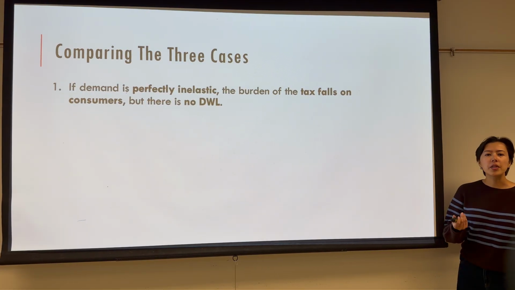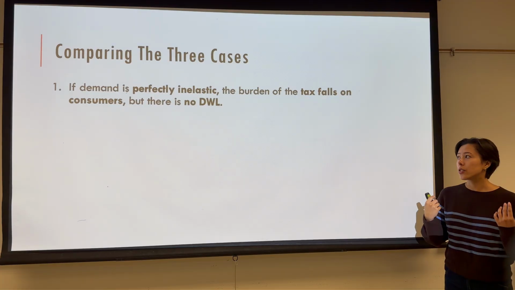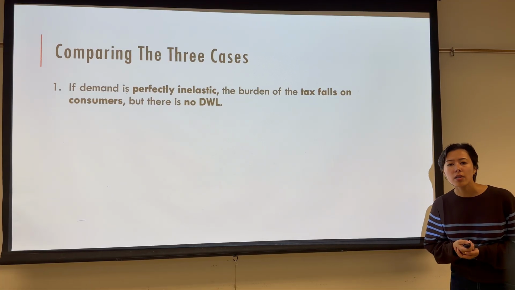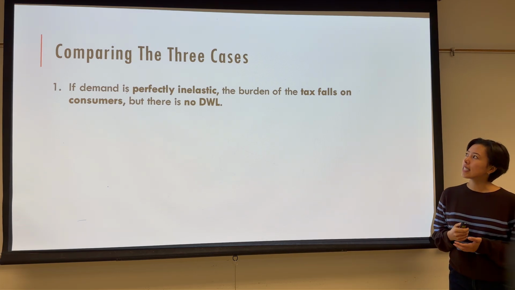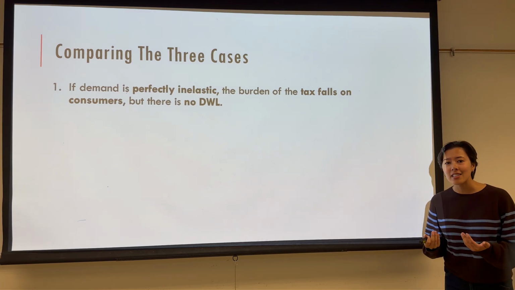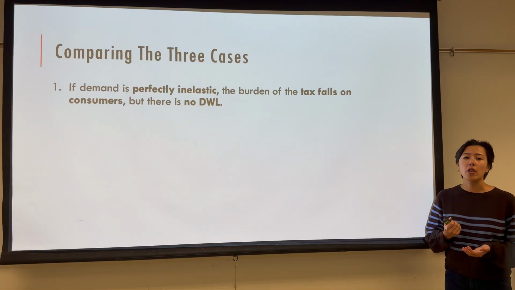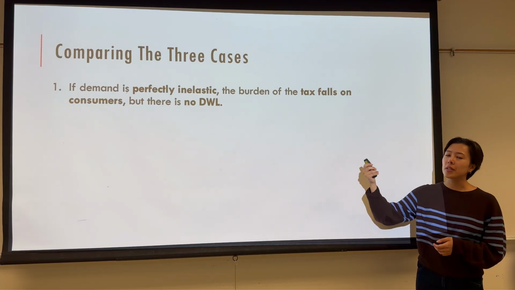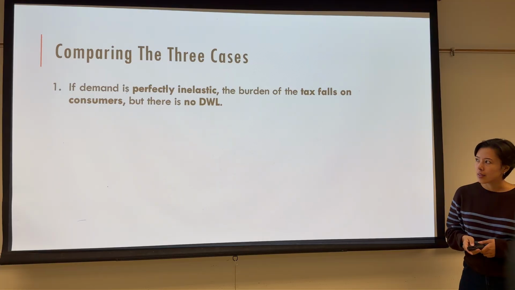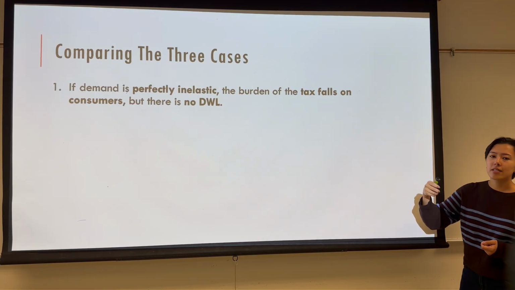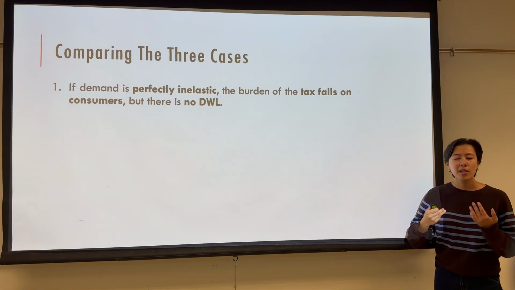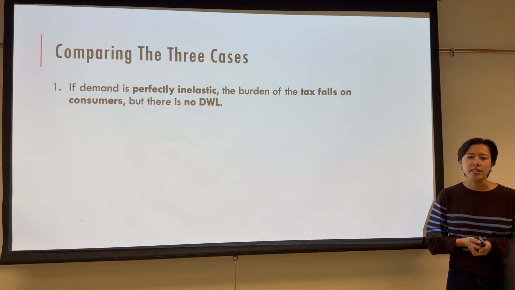So we actually have three cases that we can compare in terms of our tax incidence and deadweight loss, depending on the elasticity of demand. When demand is perfectly inelastic, the entire tax incidence or tax burden is going to fall on consumers, but there will be no deadweight loss generated. This is when we have that perfectly vertical demand curve. The tax is going to be paid entirely by consumers, but there's no reduction in the quantity sold, so